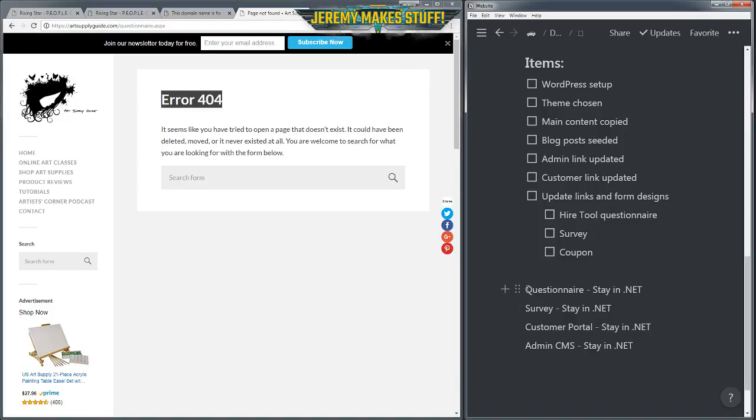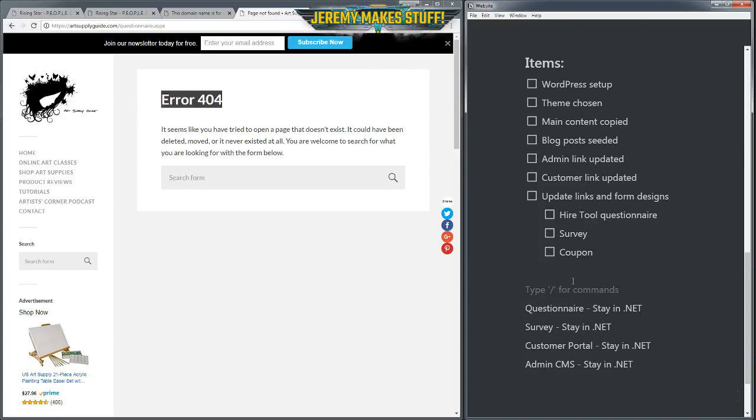So for 404 updates, for the new WordPress page, on its 404 page, like Art Supply Guide has here, I can make a widget or inject some JavaScript onto the page that will look at the URL.